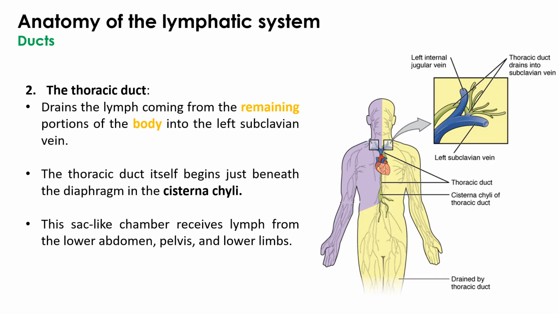The second duct, which is actually the one that collects most of the lymph, is called the thoracic duct. Now, why is it called the thoracic duct and not the left lymphatic duct, like we just learned the right lymphatic duct? I don't know. I guess this is called thoracic duct because most of the duct is located in the thoracic region. So I guess that is why it's called thoracic duct. But look in yellow,